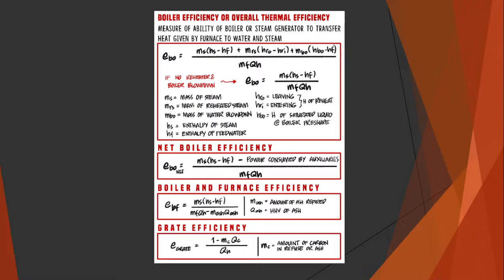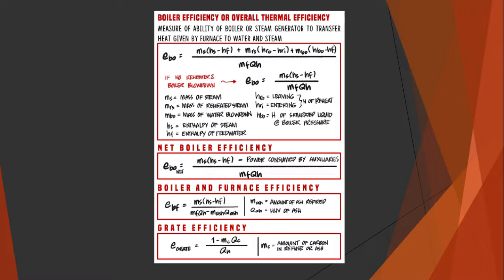mass of reheated steam, open parenthesis, sa ating heat leaving minus the heat entering. So plus sa ating mass ng ating water blowdown, open parenthesis, sa the heat leaving minus the entropy of our feed water. So, pag wala naman daw, if no heat, reheater and boiler blowdown, yan naman daw yung ating formula sa so,